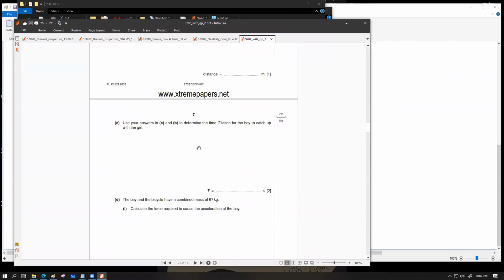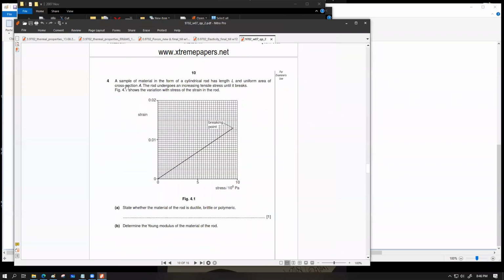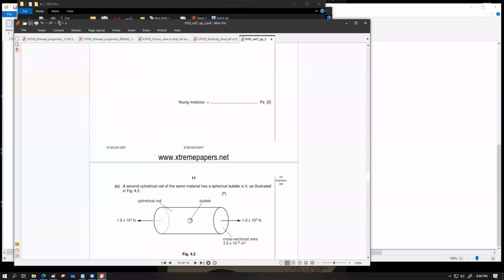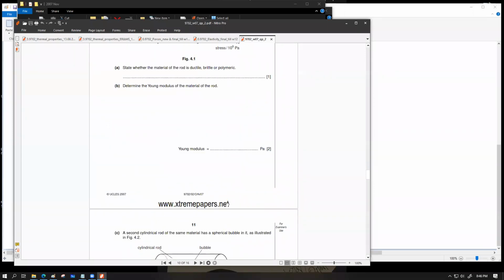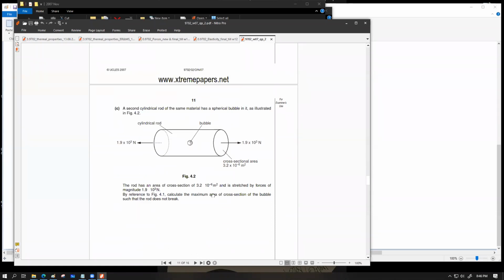ওকে, এই যে দেখো এখানে যে কোশ্চেনটা আছে। Let's have a look. This question said this: a sample of material in the form of a cylinder rod has a length of uniform area of cross section A. The rod undergoes an increased tensile stress until it breaks. The graph shows the variation of stress with strain in the rod. Okay. Here the stress was given as 10 to the power 8 Pascal. ঠিক আছে? But over here, when they were going for the calculation, they use this information that